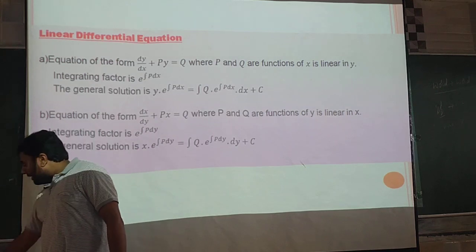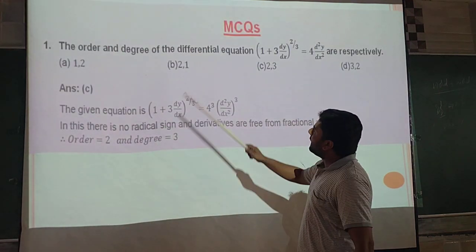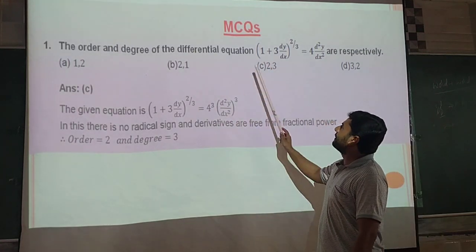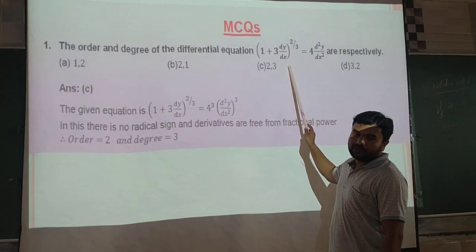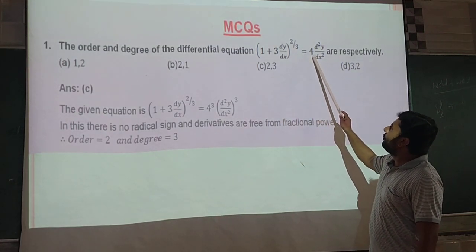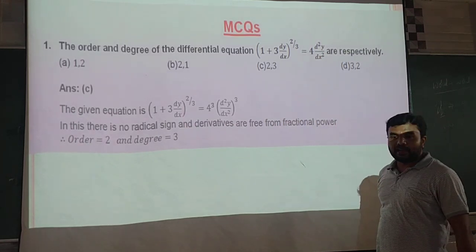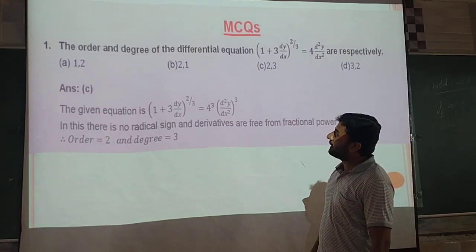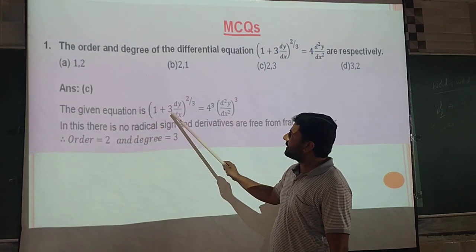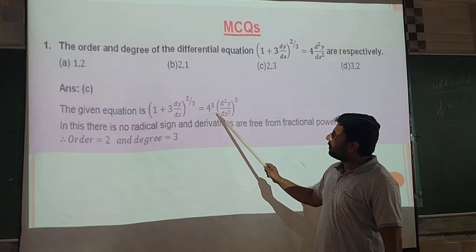Okay, next, let's look at the multiple choice questions. First, the order and degree of the differential equation. The order and degree of the differential equation (1 plus 3 into dy by dx) whole to the power of 2 by 3 is equal to 4 times d square y by dx square are, respectively. We have to find the order and degree of the differential equation. The given equation is (1 plus 3 into dy by dx) to the power of 2 by 3 is equal to 4